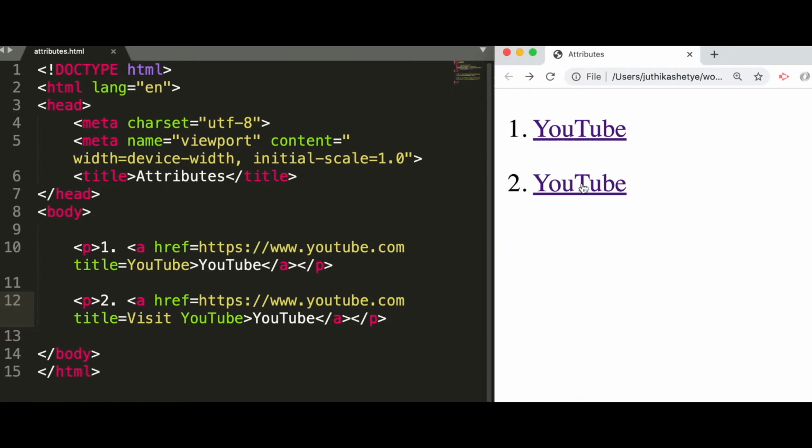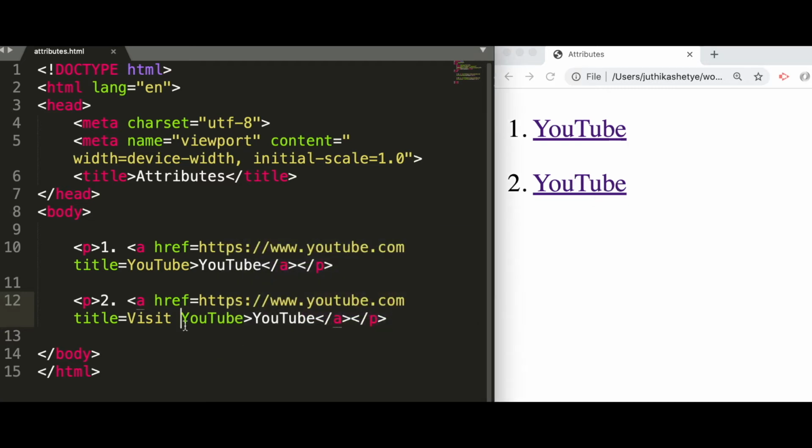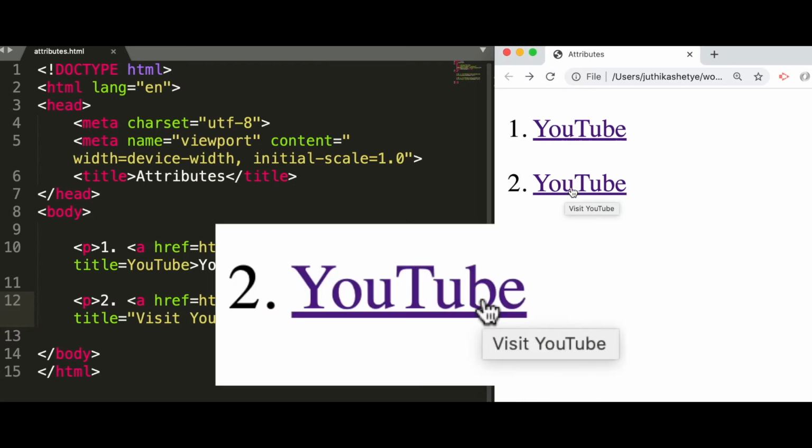Now can you see when I hover over the link, it is showing only one word, Visit, instead of two, Visit YouTube. So that's an issue. Let us see if it is corrected by putting quotes around it. Save it, refresh the page, and let's hover over the link now. There you go, both the words are seen now. So yeah, always use quotes for all your attribute values.